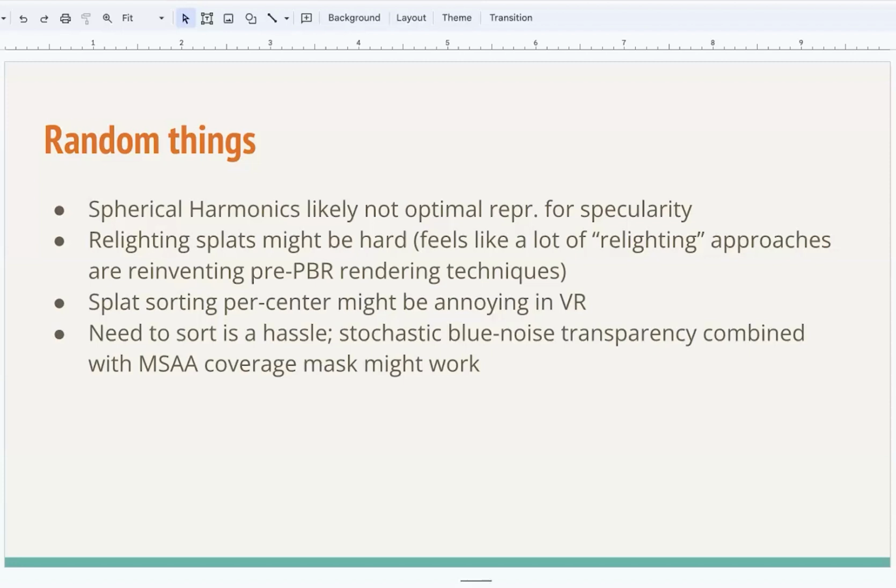The other thing I've heard from people who are playing with Gaussian splats in VR is that all the implementations so far only sort the splats based on their center position, which means when you're rotating your head around in VR, some of the splats change the order in terms of which one is in front and which one is behind the other splats.